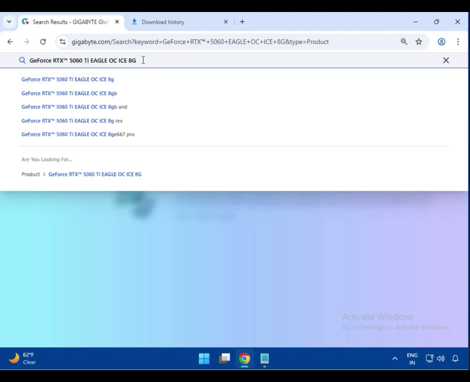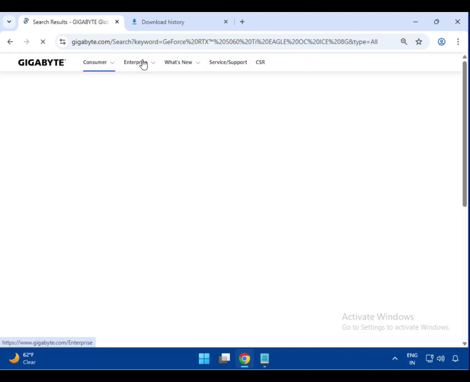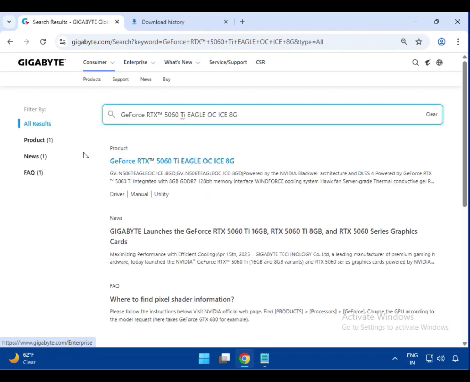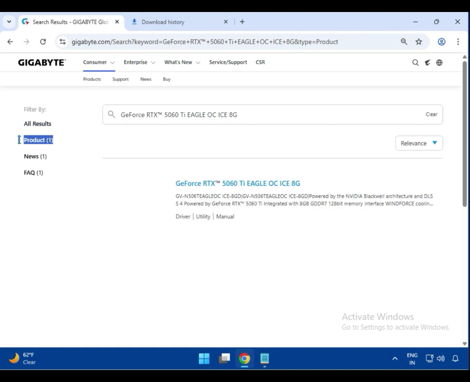Type your graphic card name first, RTX 5060 Ti Eagle OC ICE 8G, and then hit enter. After that, search for your graphic card on this website and then click on the product. So this is your graphic card. Click on the name of the title,